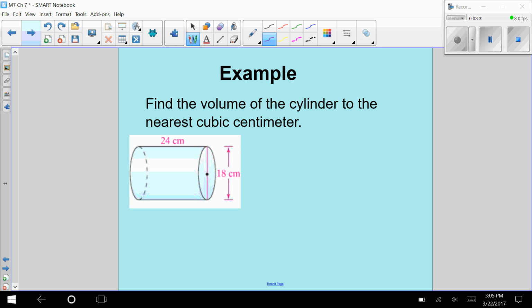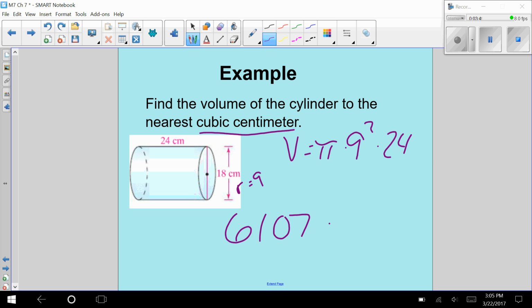Try this one on your own. The problem here is that we're not given the radius. The radius would be 9. So we have to do volume equals pi times 9 squared times 24, rounded to the nearest cubic centimeter, which would give us